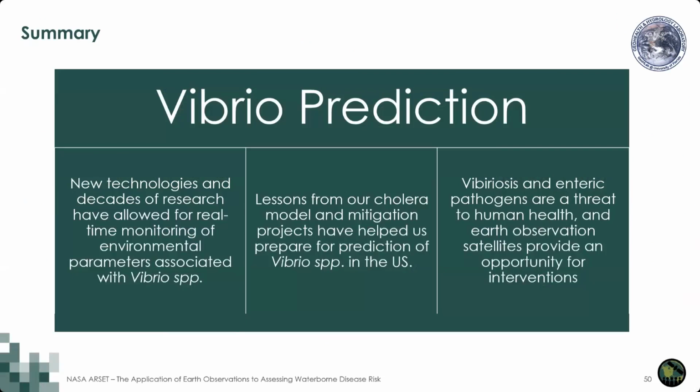As new satellite sensors become available, we will be able to develop modeling capabilities for all waterborne pathogens, as long as we can define the association of those Vibrios with the environmental and ecological factors. The models that we have built for cholera have provided us with an impetus to